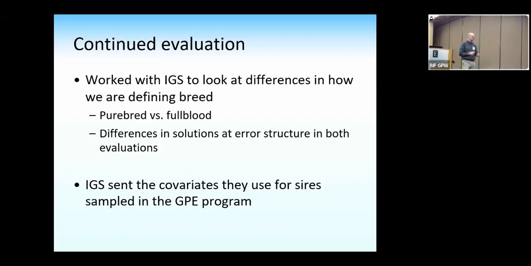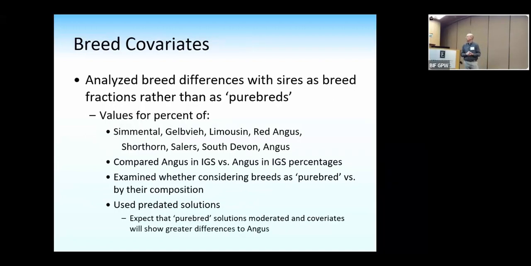And the objectives are a little different for how things are set up originally. We want to see what the current differences are between breeds originally. That's a GP objective. But in order to supplement this model, we need to be thinking, how do we maybe model and do these covariates from IGS a little bit better? So that's why I got those from Ryan. And I tried, in this preliminary look at it, using those covariates in our model instead of our group solutions to get percentages of several different breeds. And so the base breeds that sires that we sampled, I fit those covariates for those sires instead of fitting them as groups on their own.